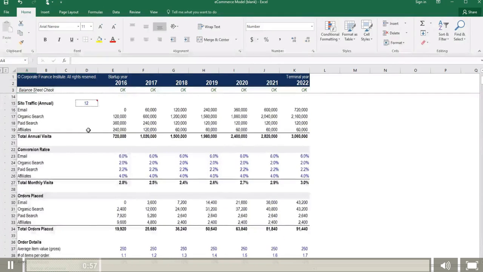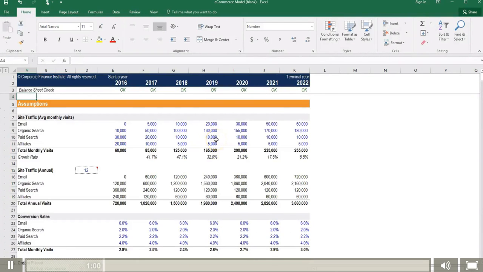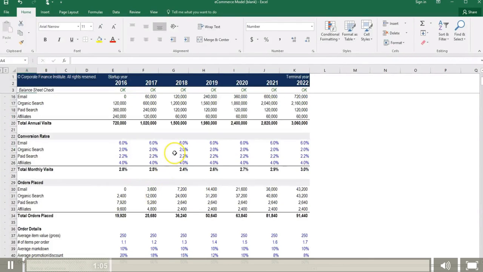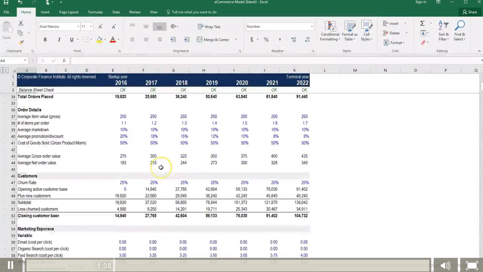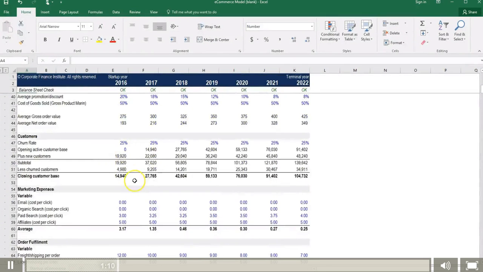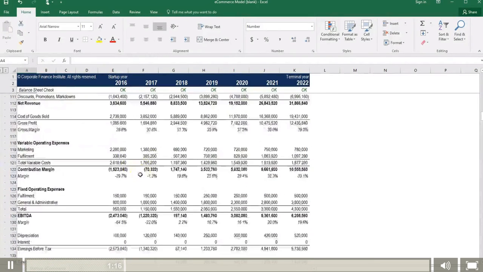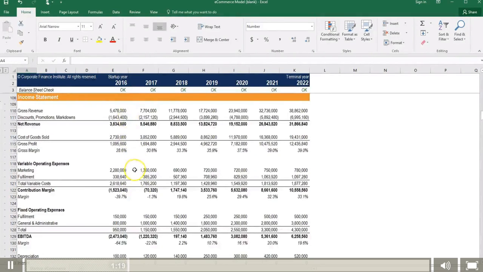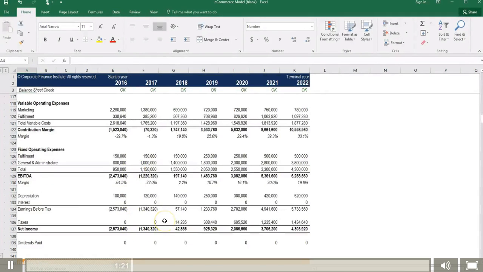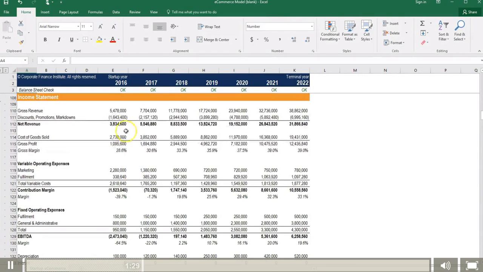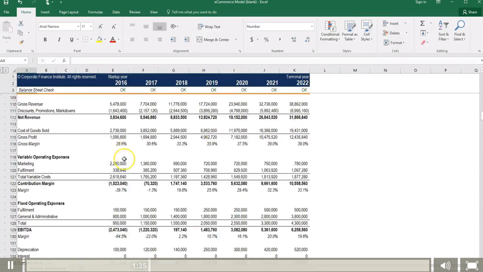So in the assumptions section, we've clearly laid out in blue what we think the traffic will be to our website, how quickly that traffic will convert, the order details around the traffic, customer metrics and expenses, etc. We've built a nice income statement here, flowing from revenue all the way down to net income. And as you'll see, this business has quite a serious burn rate in the first year, which is to be expected, as revenue is only a few $1 million in year one, but ramps up to 30 million after a few years.